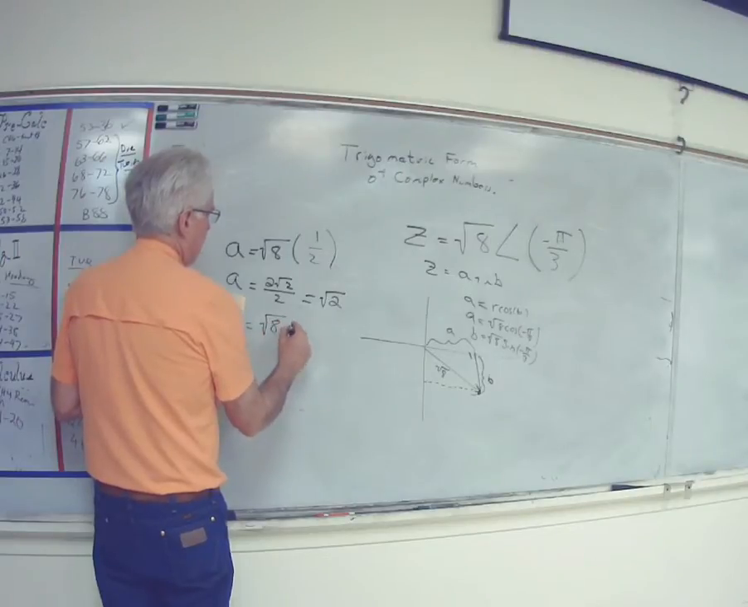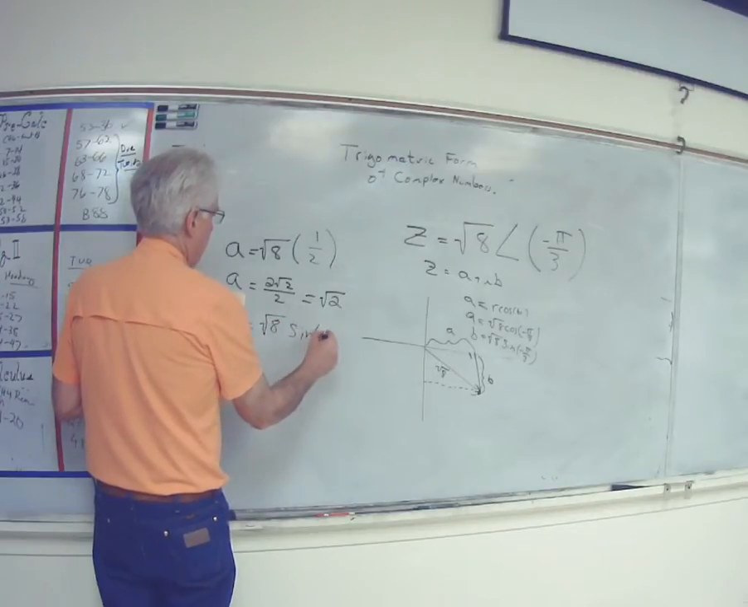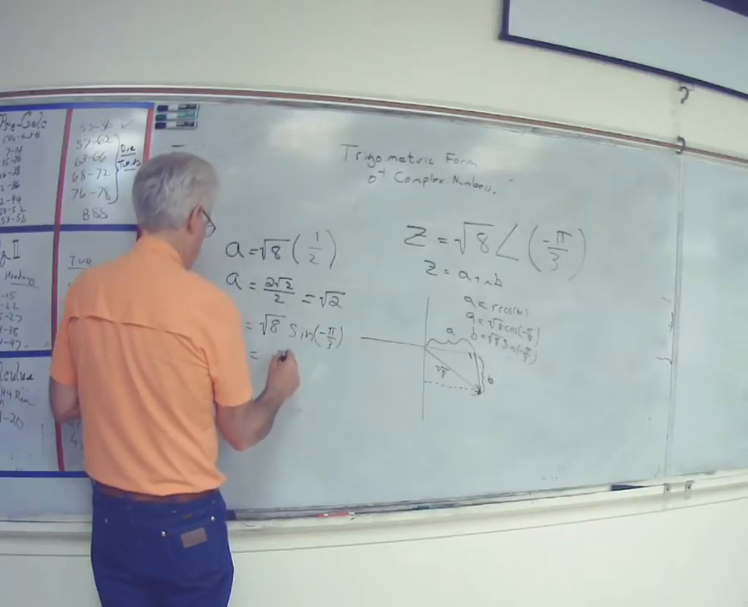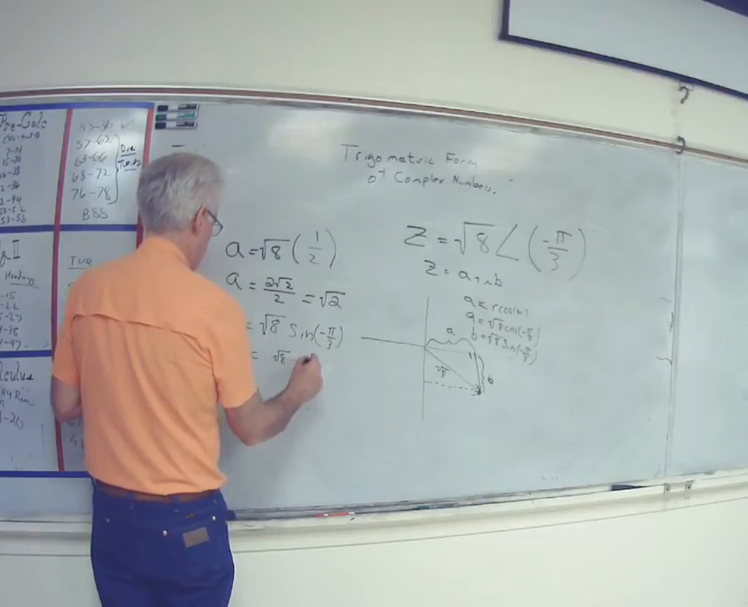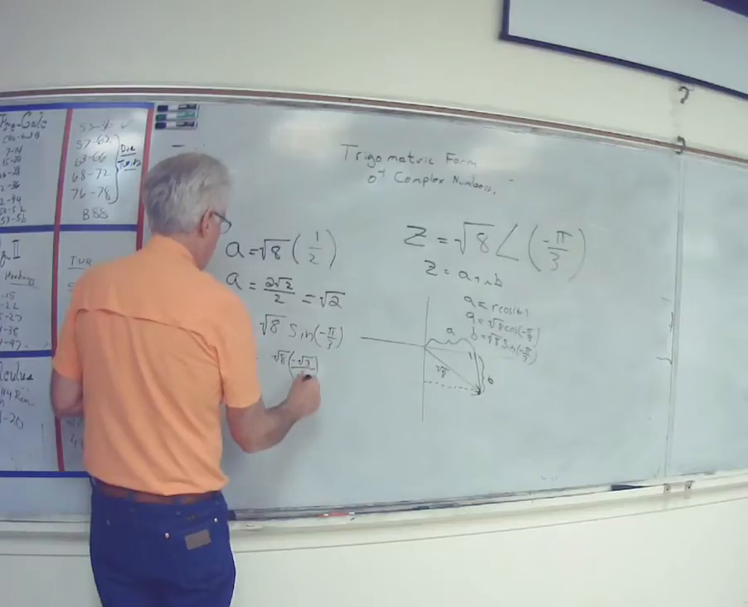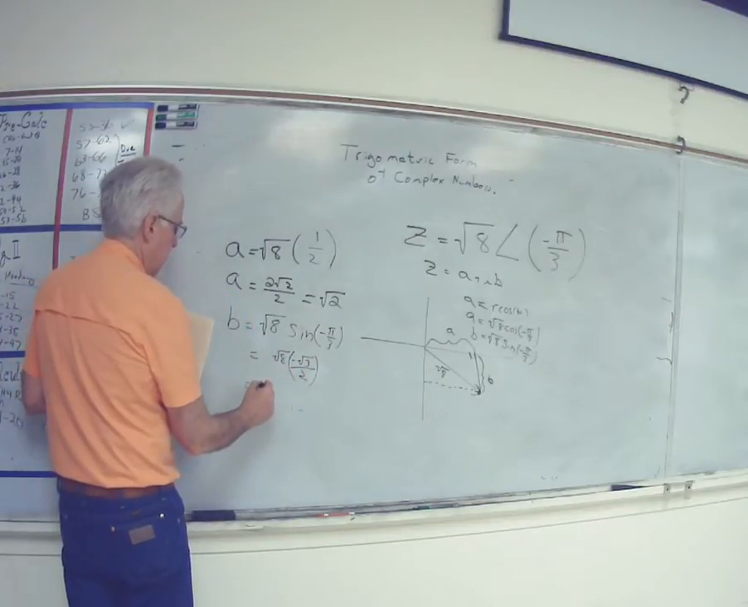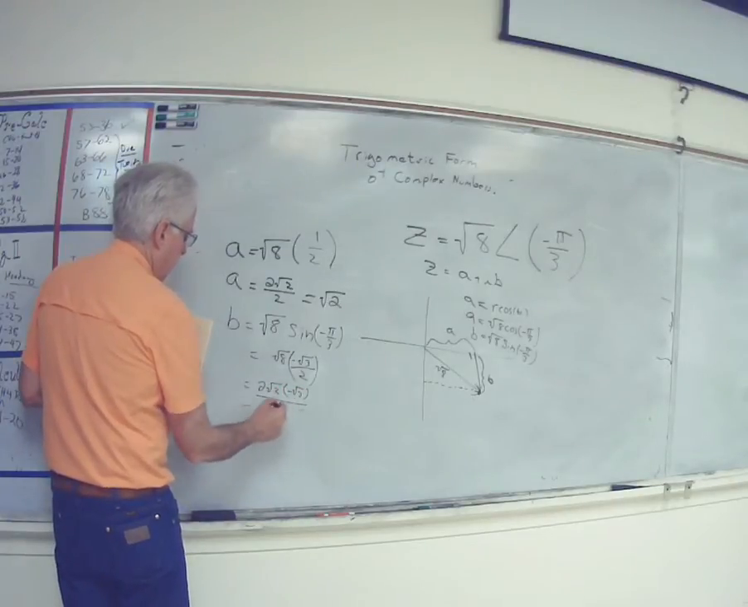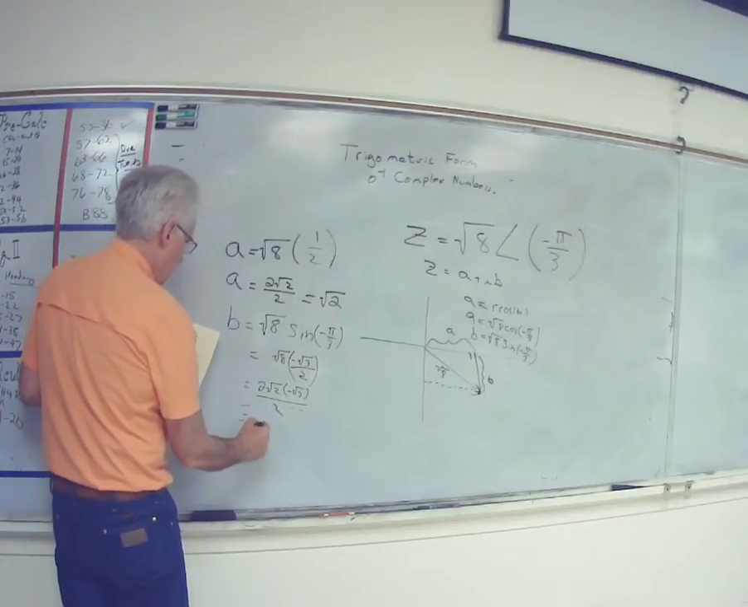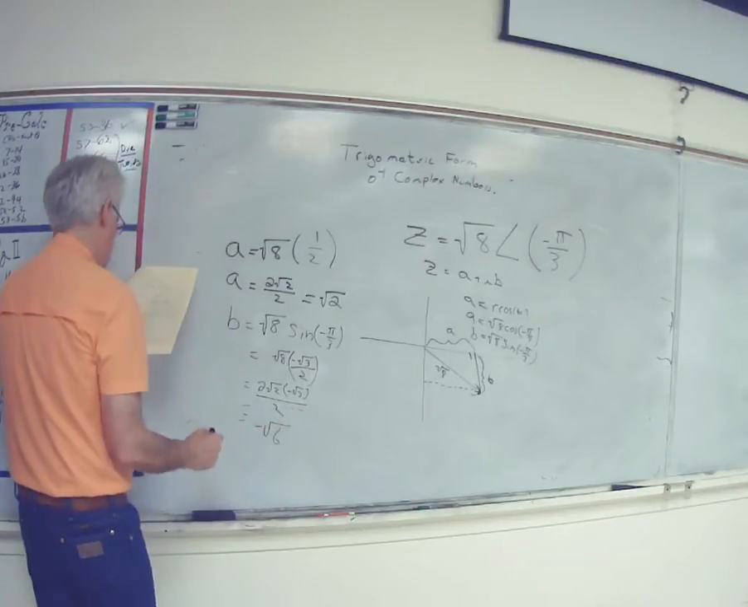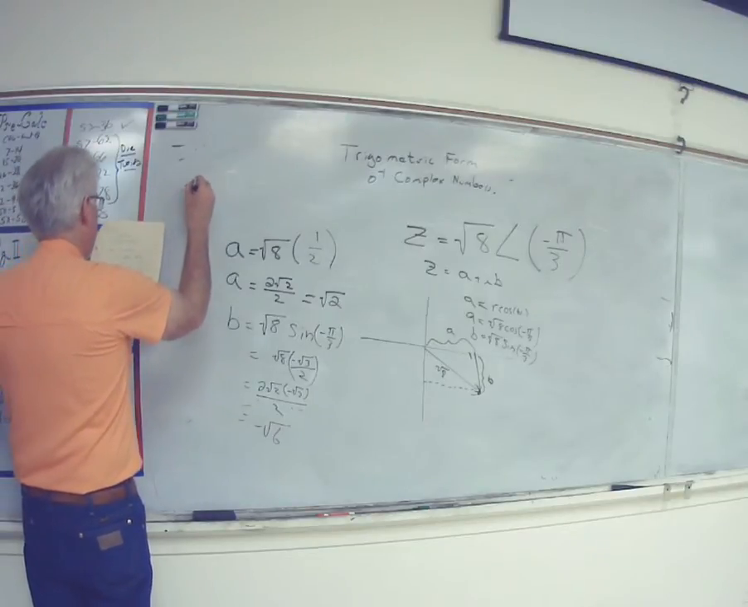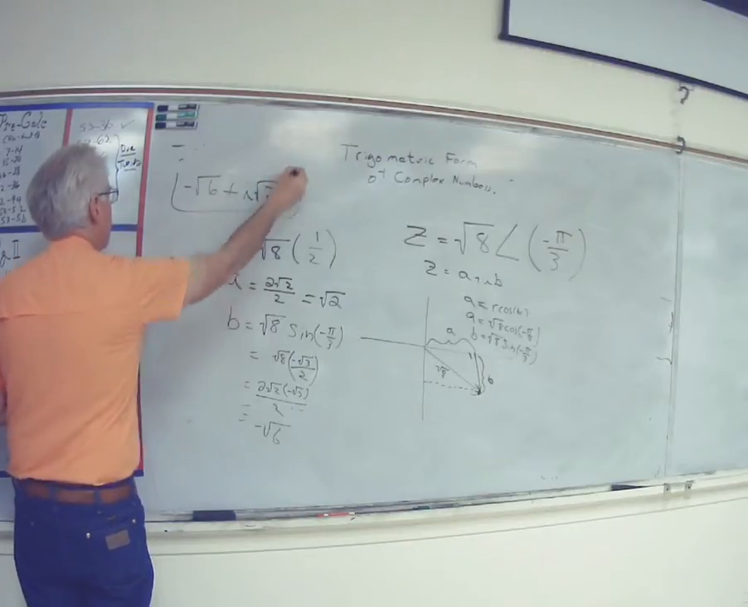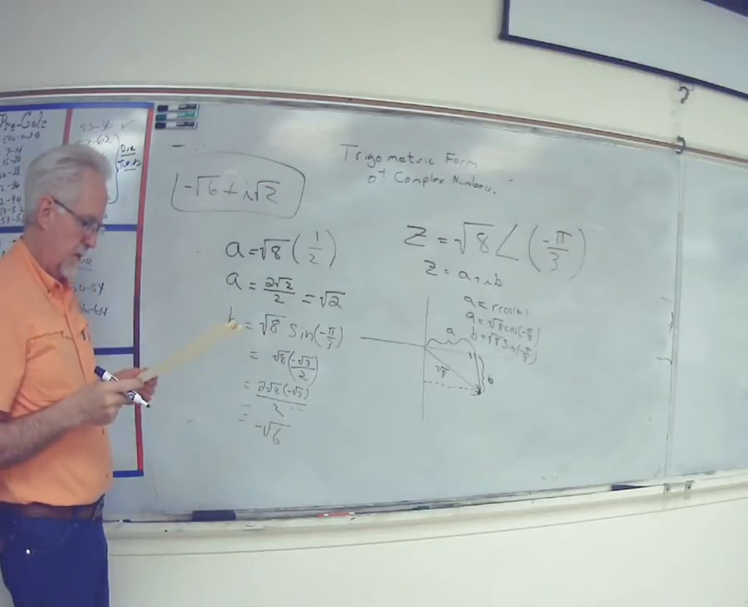B is what? Square root of 8 times sine, which is the second one, y, of minus pi over 3, which is the square root of 8 times negative the square root of 3 over 2. Again, the square root of 8 is 2 times the square root of 2, times minus the square root of 3 over 2. And so that's equal to minus the square root of 6. So what is the answer? Minus the square root of 6 plus i, the square root of 2. Does that make sense? Yes, sir. Do you see why you want to use the